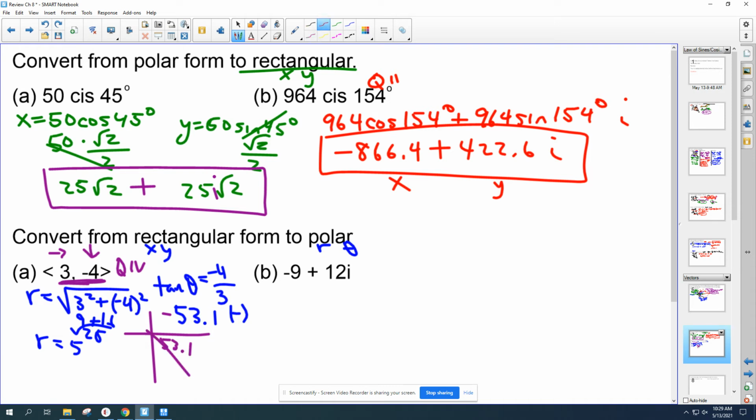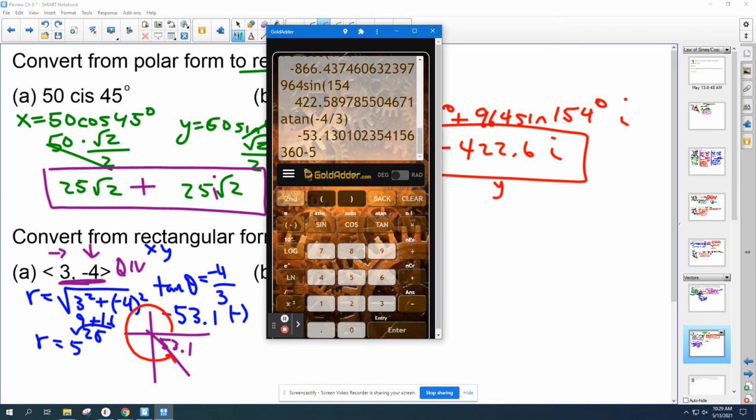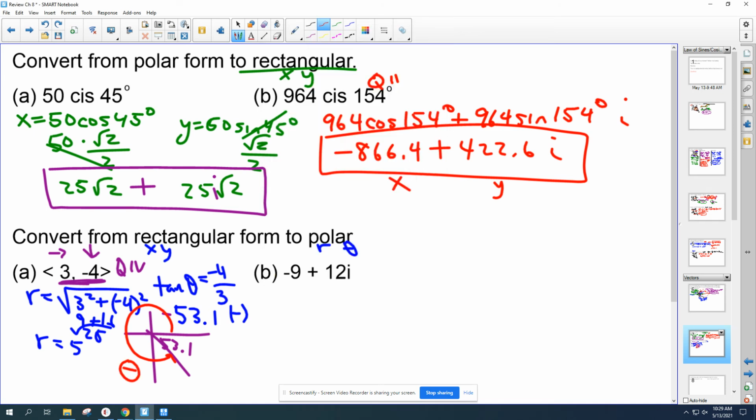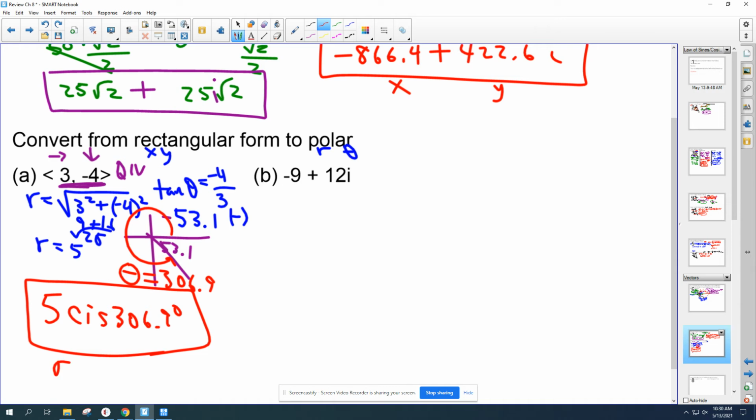So we would look at this and say, well, all the way around past 270, not yet to 360. We can do 360 minus 53.1, which is 306.9. Theta is 306.9. So if we put this vector in polar form, we'd say 5 cis 306.9 degrees. That's polar. Polar has an r and a theta. So then the next one,